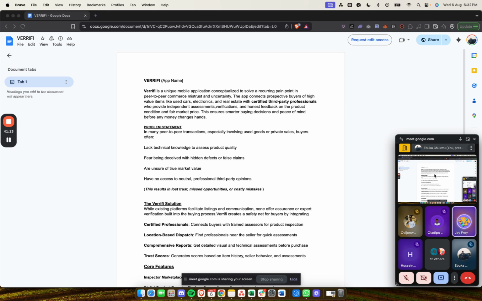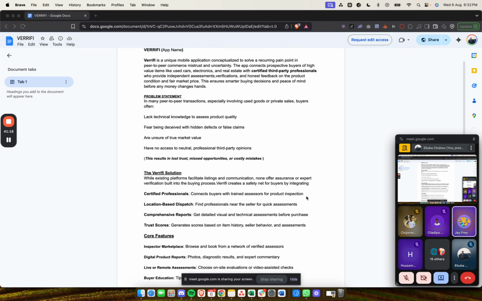this app, Verify, is actually personal to me because I have had my own fair share of very bad experience. So I thought to myself that maybe someday I have the opportunity to create a solution, I would actually do it. And so this is Verify. It deals with providing technicians or professionals who would help you get clarity and vet for whatever product you intend buying. So our target audience is mostly buyers,